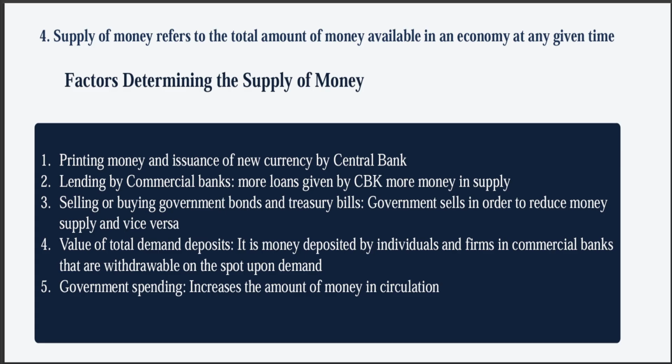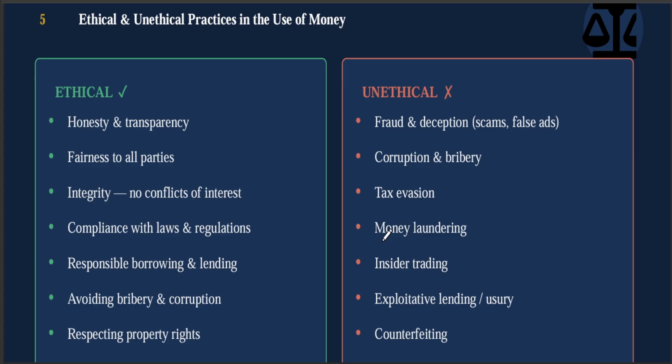So if the government spends a lot, then it increases the amount of money in circulation. The more the government spends, the more money will be in circulation. That is why sometimes the government spends less and invests a lot or saves a lot, just to prevent inflation. Okay. So yep, that is one thing that we've done.